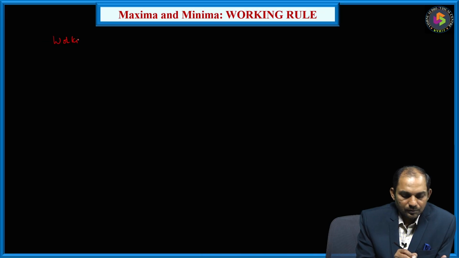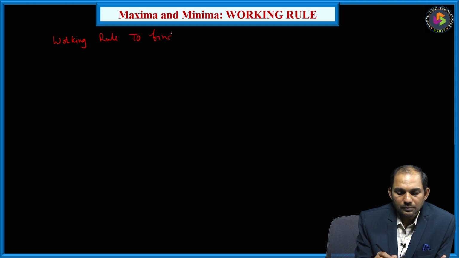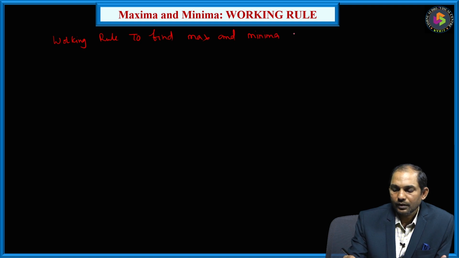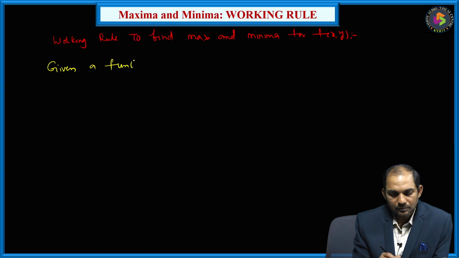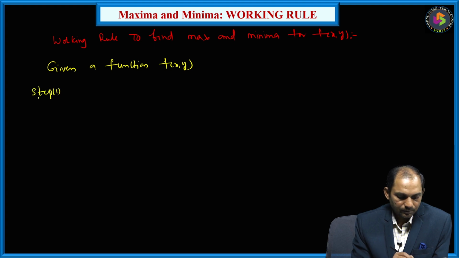Working rule to find maxima and minima for a function involving two variables x comma y. So, in this, given a function involving two variables f of x comma y. In step 1, we have to compute